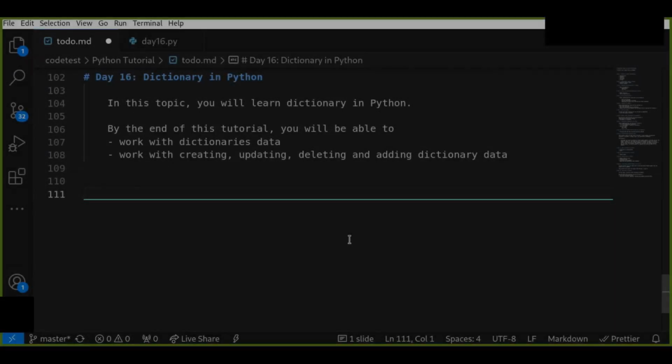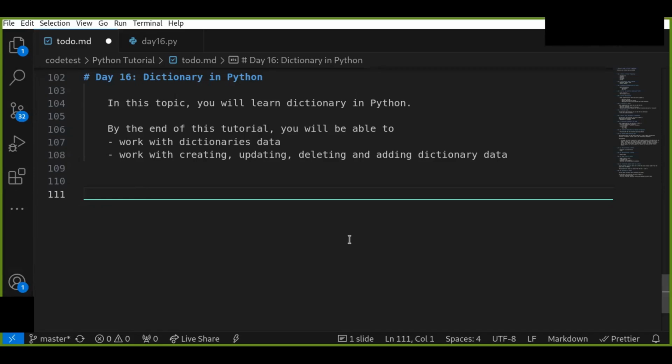Hello guys, welcome to day 16 of Python for Beginners tutorial. In this tutorial, you will learn the dictionary in Python. By the end of this tutorial, you will be able to work with dictionary data: creating, updating, deleting,